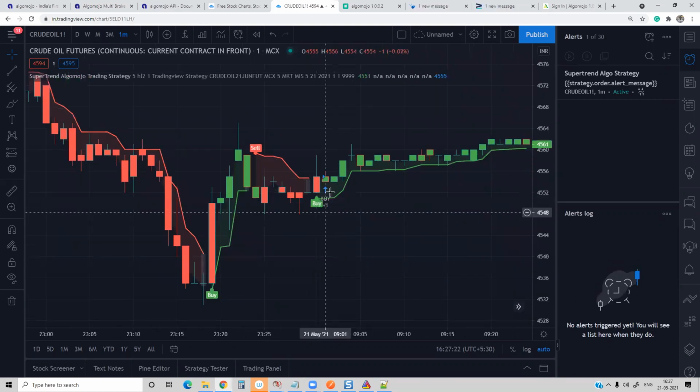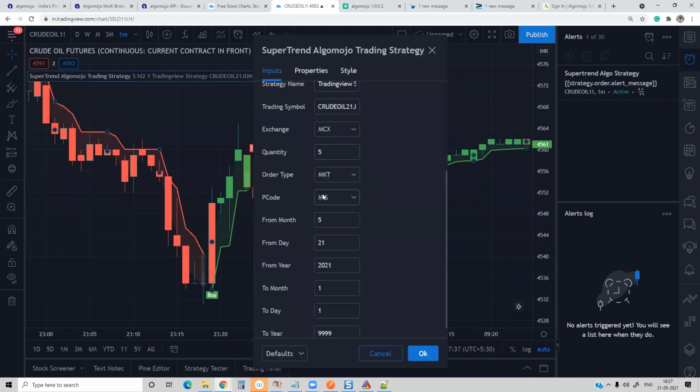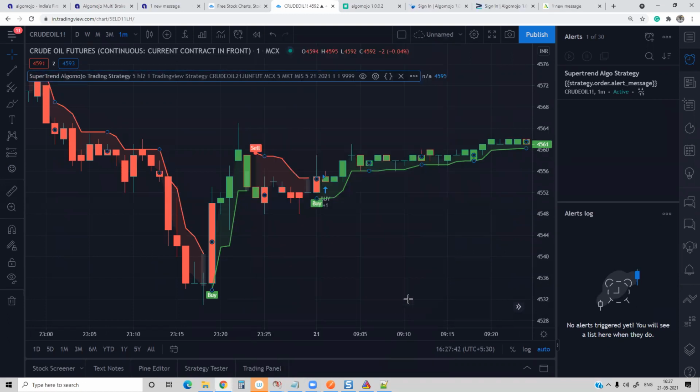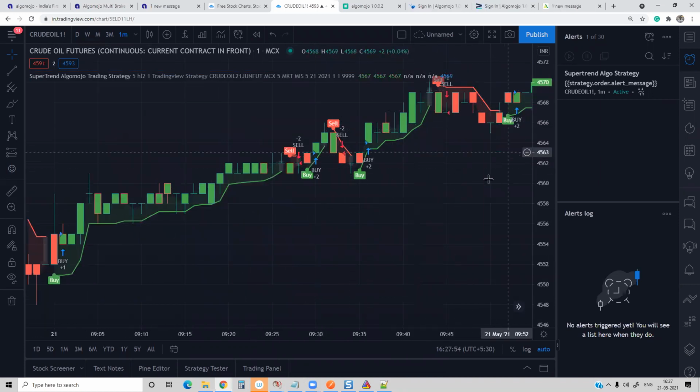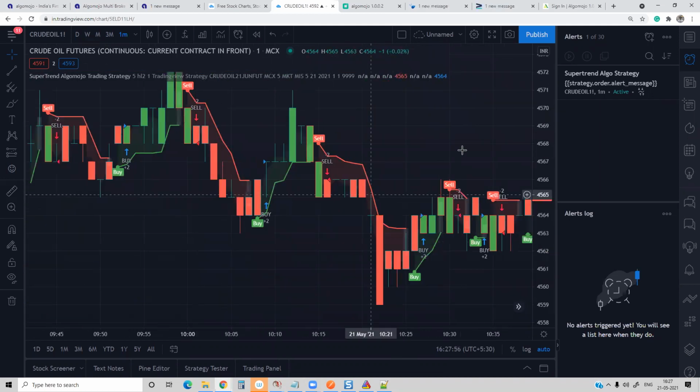When the first trade of the day happens and you're not having any positions, only one set of quantity will be punched. If you set the quantity as +5, then only one time it will be punched. You will not see any double orders. From the second time onwards, it will automatically start reversing the position. -2 means it will send 2 times the sell quantity. +2 means 2 times the buy quantity. Likewise, it will keep on doubling the positions. So the first trade is always manual.